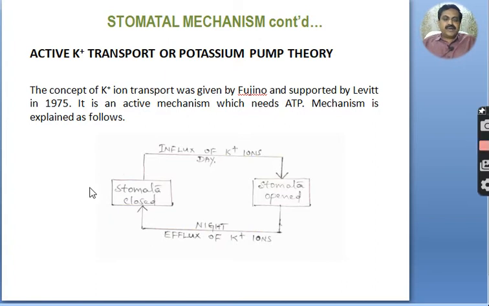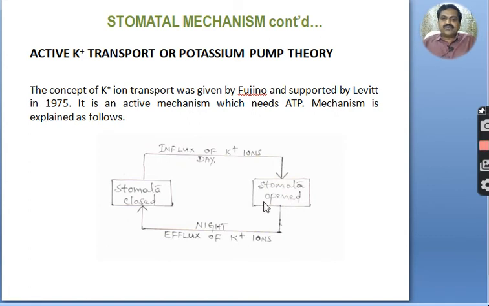According to this theory, during daytime, see here, this is day. Look at this diagram. This is daytime, this is nighttime. Here the arrow mark plays a very important role. During daytime, the stomata opened, look at the arrow mark, and during night time, the stomata closed. What happens during daytime? Insoluble starch present in the guard cells during daytime gets converted into an organic acid called malic acid in the guard cells in the presence of the